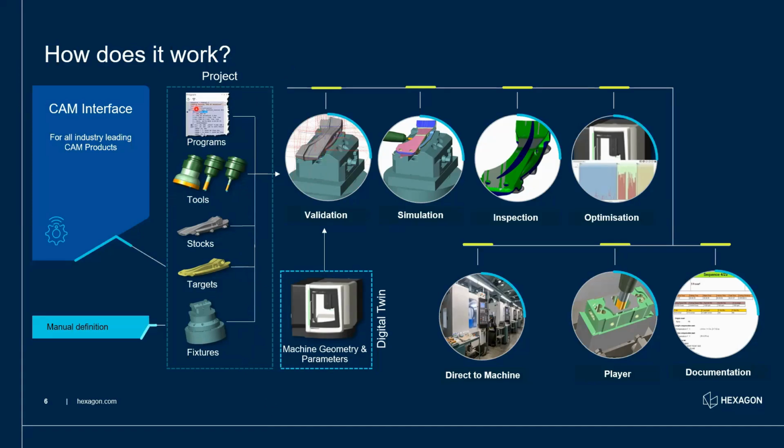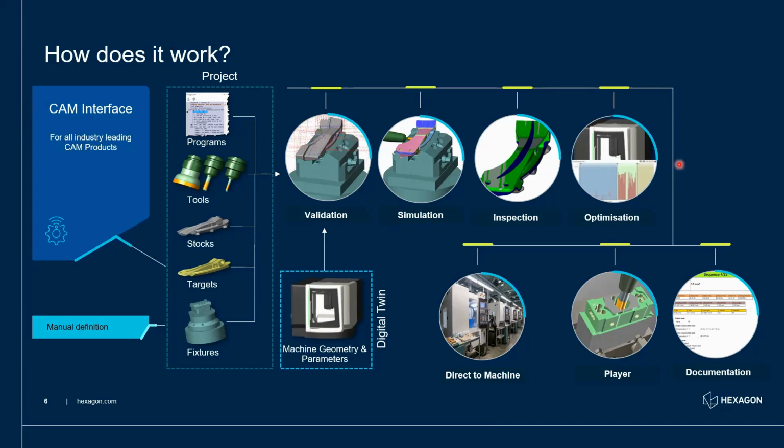I will show one small demo of how the interface takes the data from your existing CAM to NC Simul. Once it gets the data, only the machine we will build from NC Simul. We have to add it, and it will validate, simulate, and compare, and you can do the optimization as well. So once it is done, you can directly send the program to the shop floor